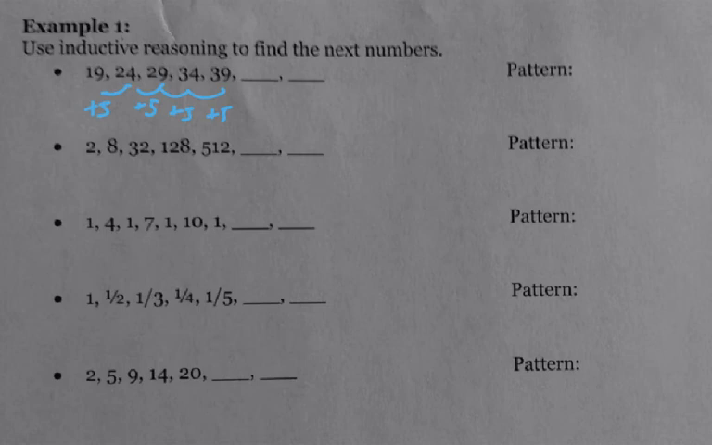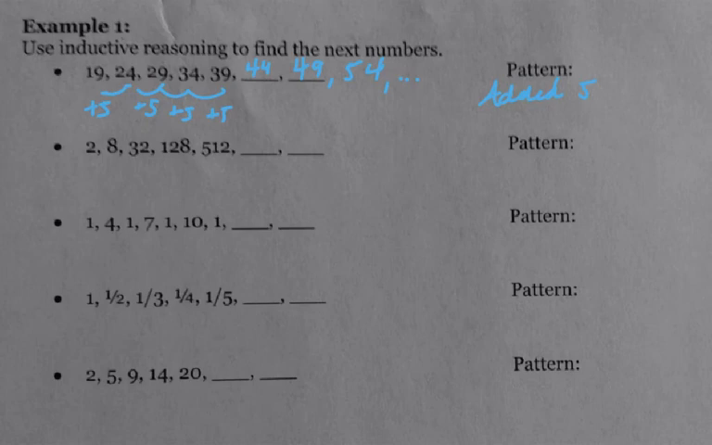So I'm going to get 44 and 49, and I could continue and get 54, etc., right? The pattern is we added 5 each time, okay? Looking at the second one, I have 2, 8, 32, 128, 512, and I don't see